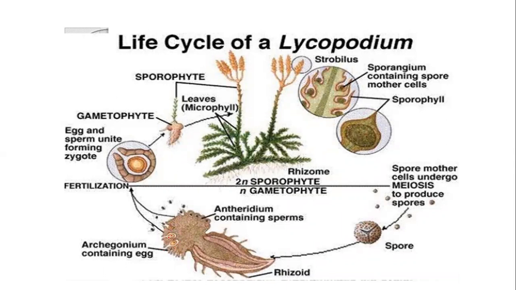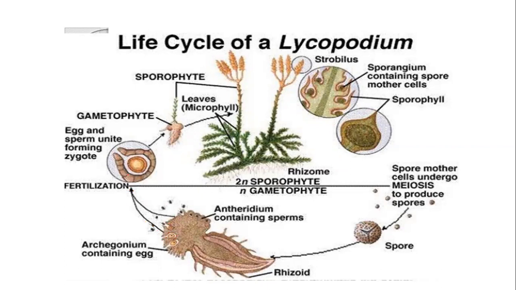Okay, after maturity, the neck canal cell or the neck will all degenerate and liberate a mucilaginous substance, by which these antherozoids get attracted towards it, and then the male gametes will go and fuse with the egg which is present in the archegonia. You can see here, this is the archegonia. Okay, that leads to the fertilization.